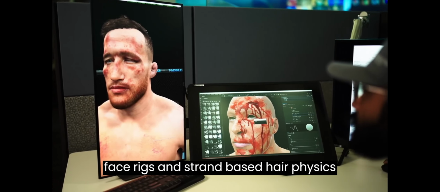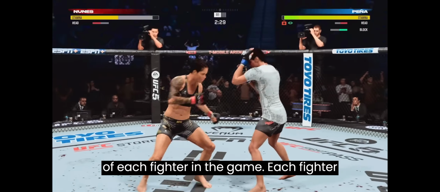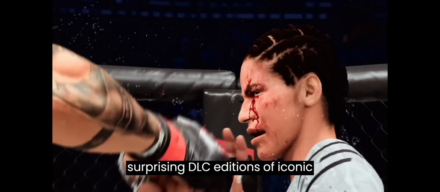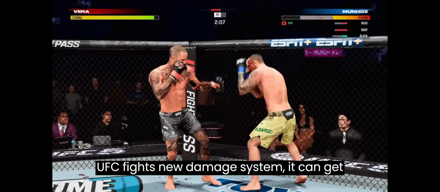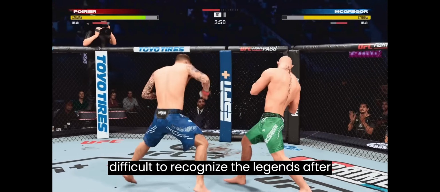Improved face rigs and strand-based hair physics have dramatically enhanced the likeness of each fighter in the game. Each fighter looks better than ever, including surprising DLC additions of iconic fighters like Bruce Lee, Mike Tyson, and Muhammad Ali. However, with UFC 5's new damage system, it can get difficult to recognize the legends after the end of